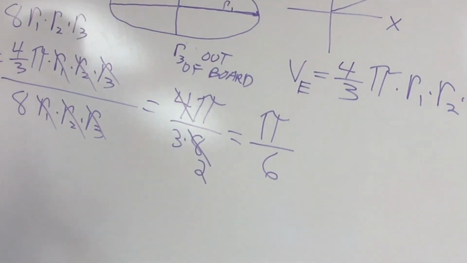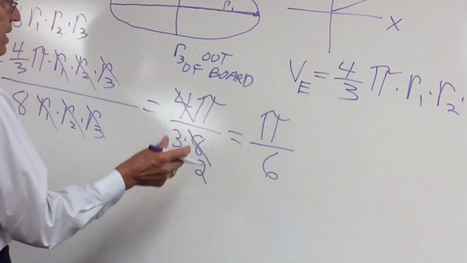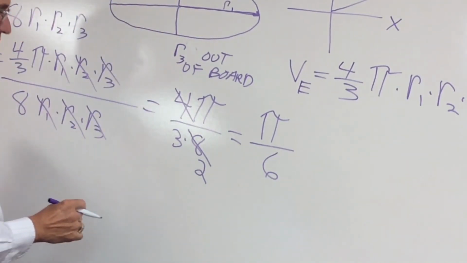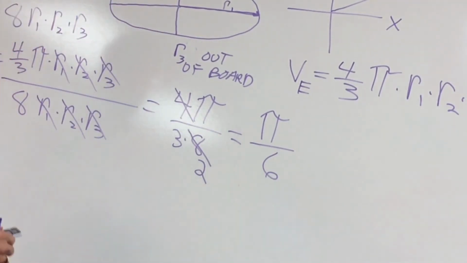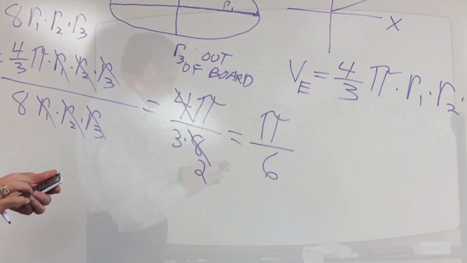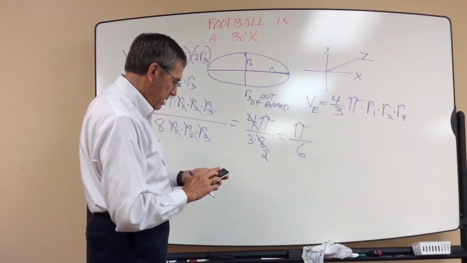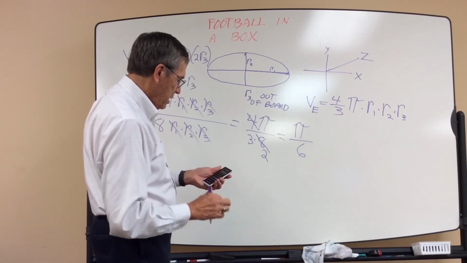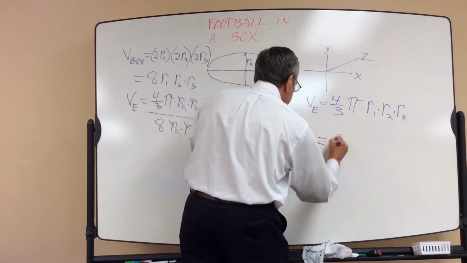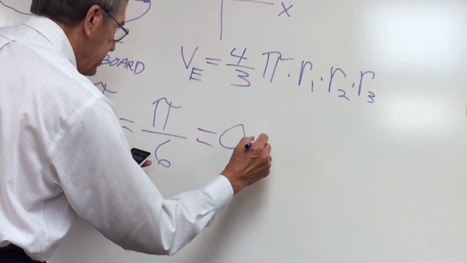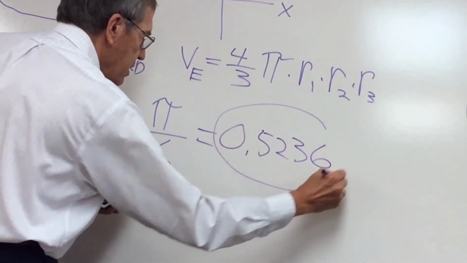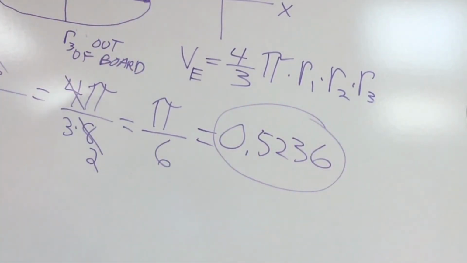Now, where have you seen that before? You saw it a few minutes ago. The ratio of the sphere inside the box, okay? If we calculate that again for a number, okay, we take the pi and divide it by 6, and we get that same decimal, .5236, that we had with the